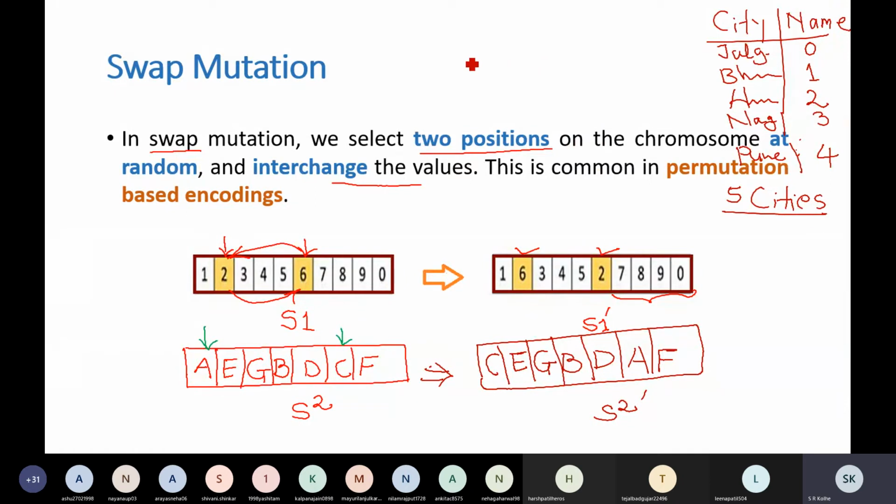Now while implementing GA, representing that as a solution, what will be a solution for the TSP problem? A tour, any tour. You have to visit every city exactly once except first and last.